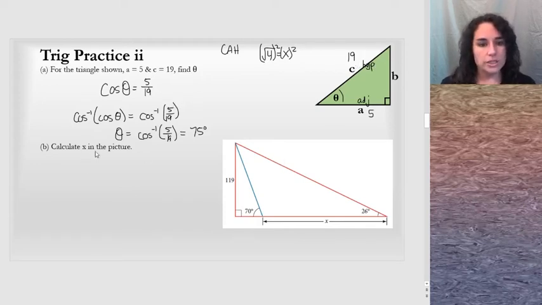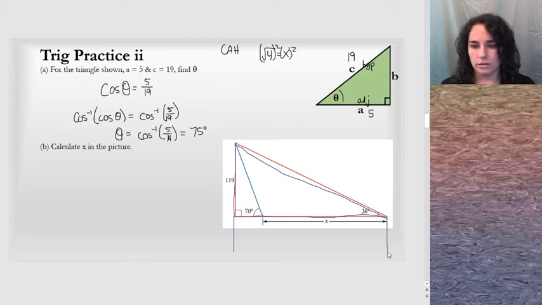I just have an example here, calculate x. I don't think that there's inverse trig functions here, but we can solve it. Calculate x in the figure. X is right here. And I'm just going to point out that there are two right triangles. There's the larger one here, and for this larger one, it has a really long side. They call that one X. I'm going to call this Z. And when I look at side Z